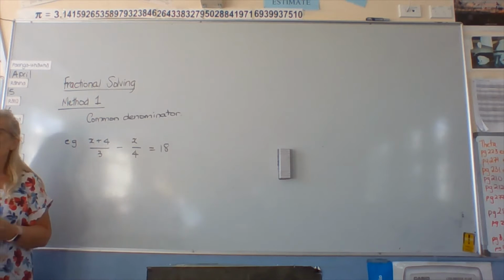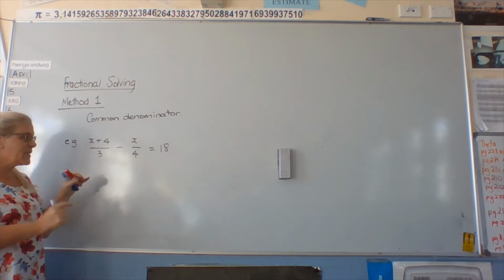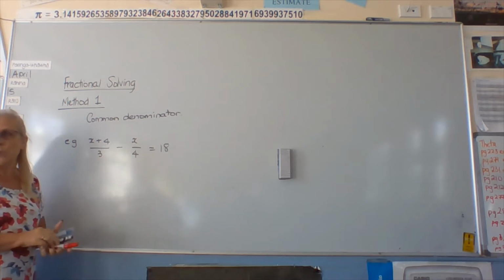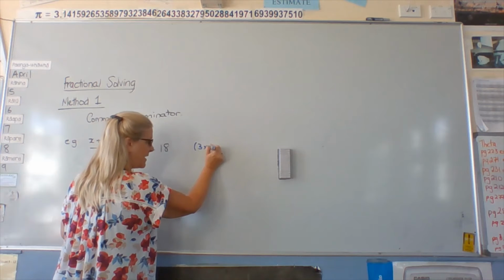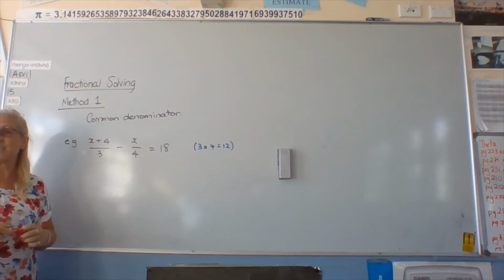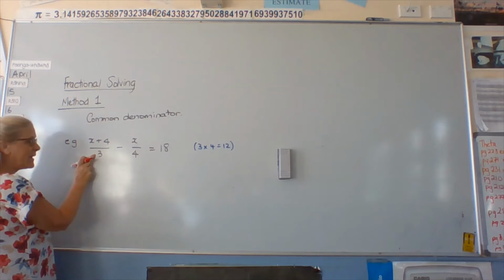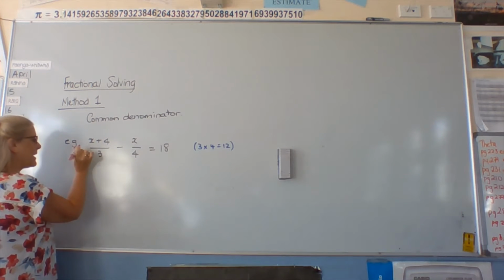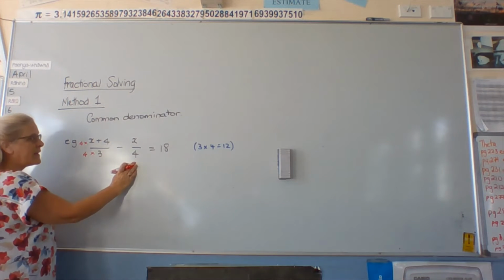Okay. So we're looking for that common denominator and we've worked out that it's 3 times 4 is 12. That's the denominator we need. 3 times 4, so far, so good. Right, now we need to work out how to get 12. To get 12 on the bottom here, we've got to multiply by